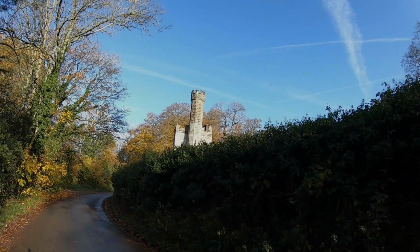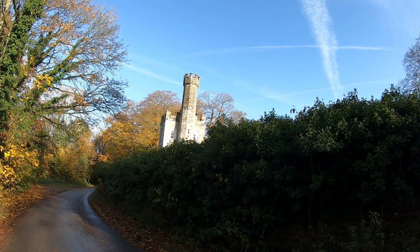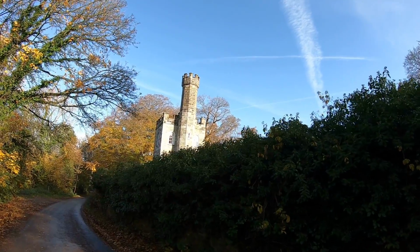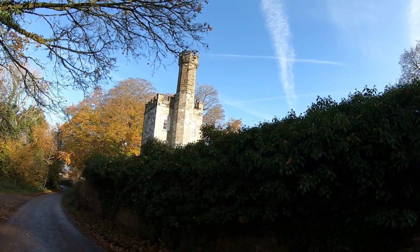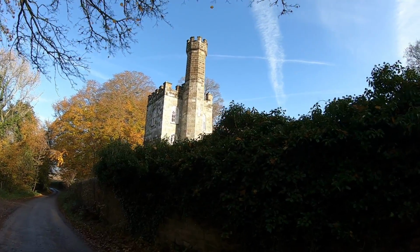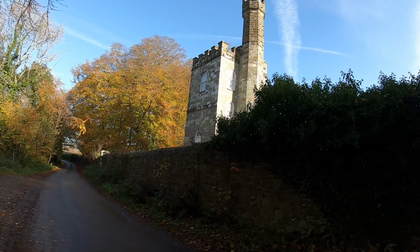And here we are, the Folly. Unfortunately, that's all we can see of it. I don't believe there's any way into it at all. But it is a residential property. And I think this is, as I said earlier, right at the top end of Petworth Park. There is a gateway here, but